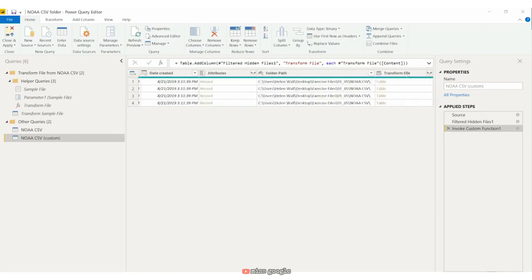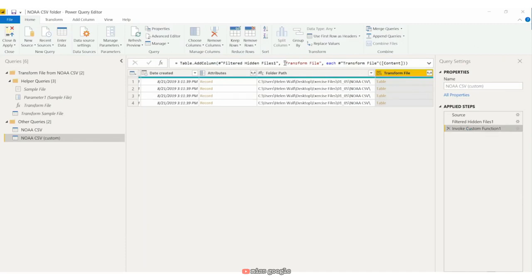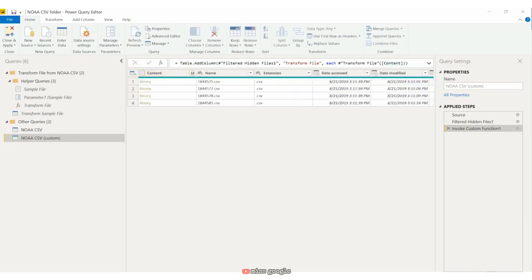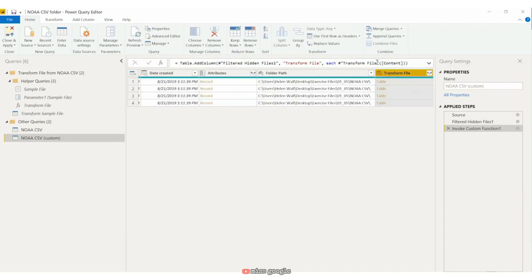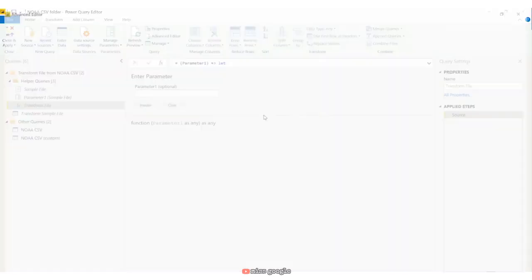This transform file function is a table object that the function returns. If we double-click on this step, we're given some information about the function. However, I actually find this step at the top to be more helpful. We see that we are passing our content field that contains the binary objects into the transform file function. If we look at the transform file function, we click on the advanced editor, hit OK to take a look